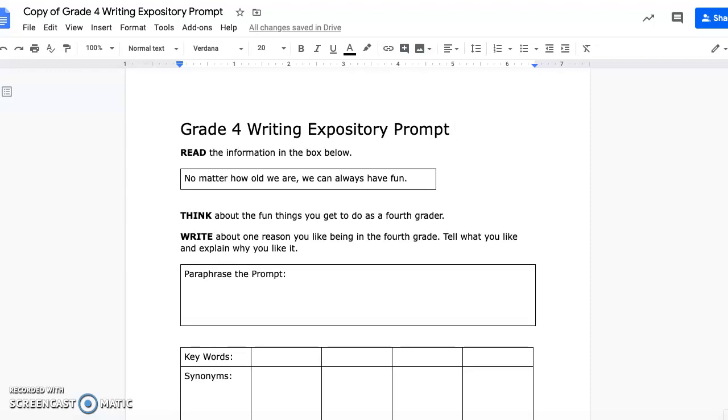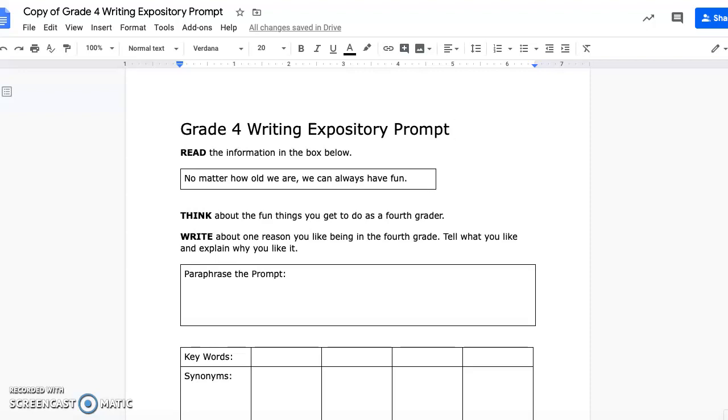Alright guys, so today we're going to be working on how to analyze an expository prompt. So we've been doing this all year, but we're going to adapt it a little bit just so that you guys can do it on the computer. So I'm going to show you what I would do based on the exact same prompt that I'm giving you. I don't want to confuse you guys. I'm just going to go through the steps. I'm going to leave some things for you guys to do independently, but I just want to go through the